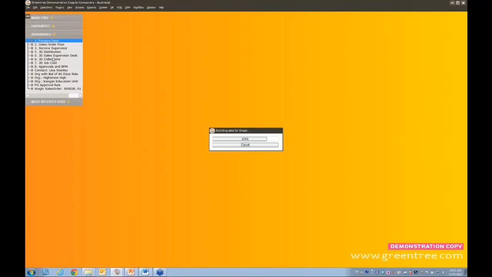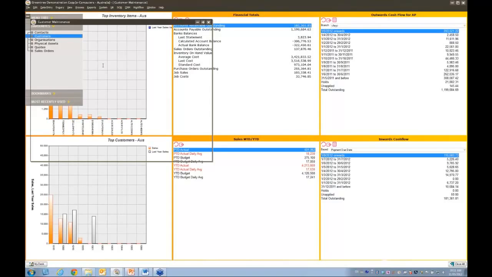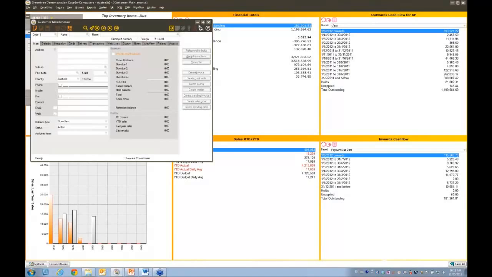So rather than having a blank background when a user logs into Greentree, our clients who have workflow will have a desktop showing them information, and this sits in the background. So as a user is actually interacting with Greentree, for example, if they were in one of our data entry screens like customer maintenance, like there, you can see that this desktop actually sits in the background all the time